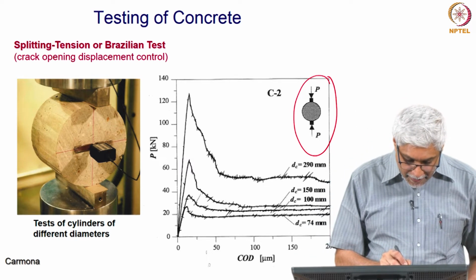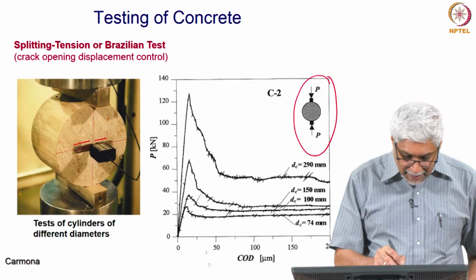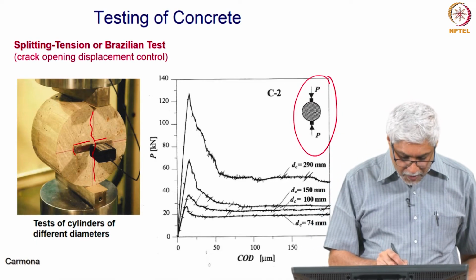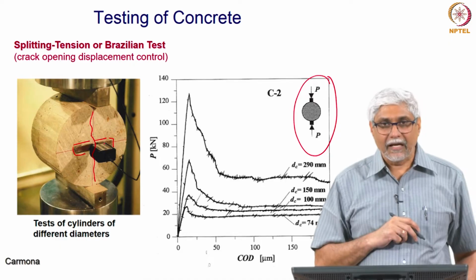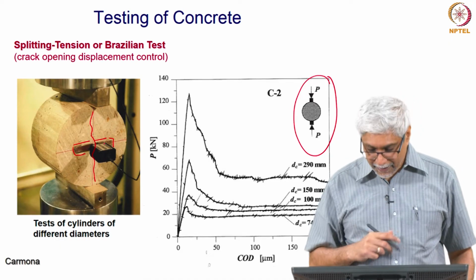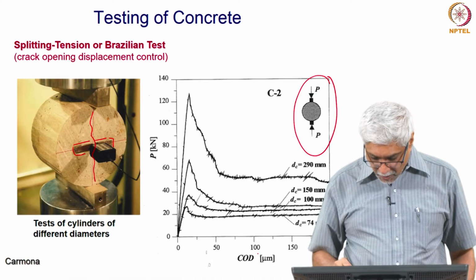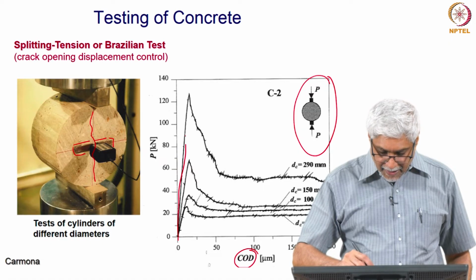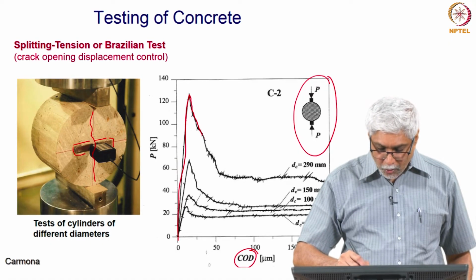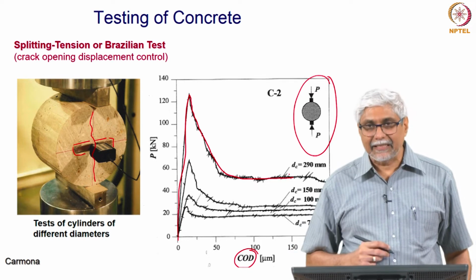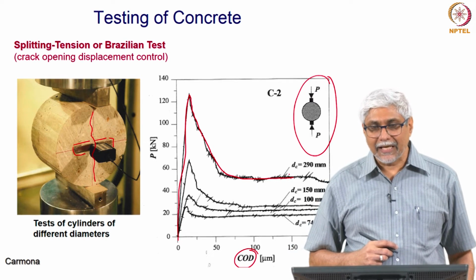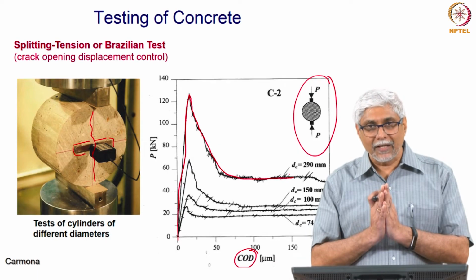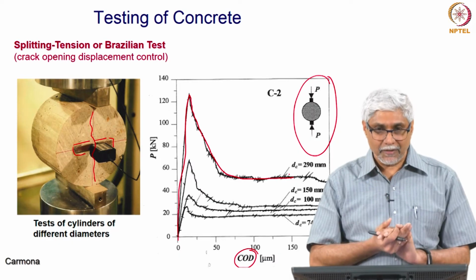and we achieved it by putting 2 steel plates here. We know that the crack is going to run like this because that is how it has to fail. So, we put these 2 steel plates and put a clip gauge across this and try to control the test that way, and you see how the behavior is. So, this is what we are controlling, and these are different sizes of specimens. You see that you get this elastic behavior, then the crack starts and the crack is slowly opening, we are losing load carrying capacity and then it flattens out. So, we could show that even in this test you could obtain a stable behavior and then use this to understand how a crack is propagating under diametric compression.